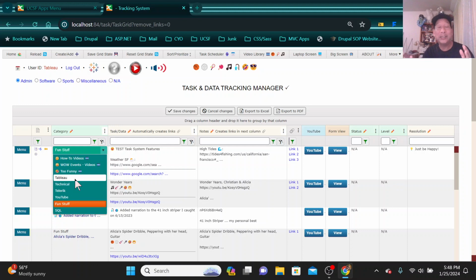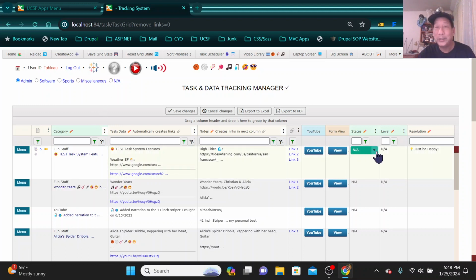So one thing to note is in this case, yeah, you would want to use a drop down, but you can have combo boxes as well, where you can have a combination of text or drop down. But in this case, you wouldn't want it because you want to make sure you're selecting from the categories that's in your category table. So yeah. You can see drop downs here for your status, your level right here. So again, you can have radio buttons and you can also have combo boxes, which I have in other applications. But let's go back home